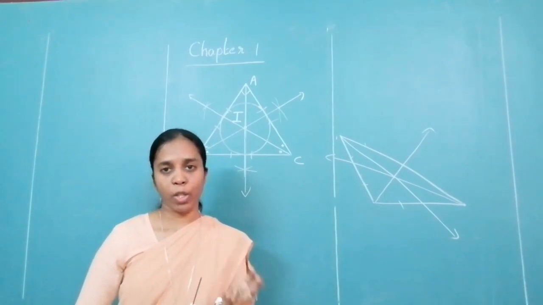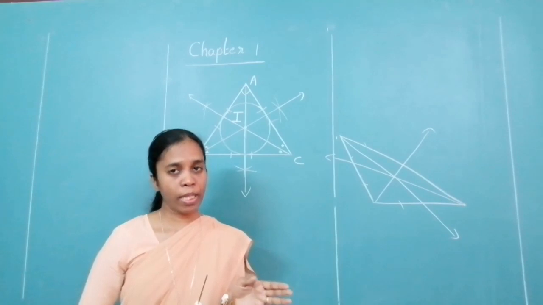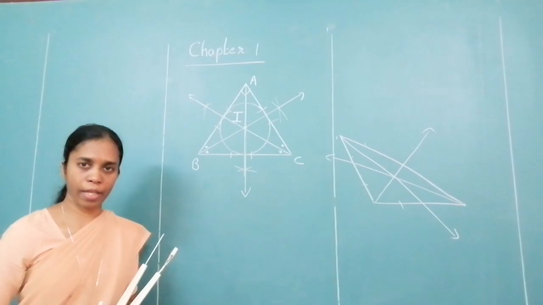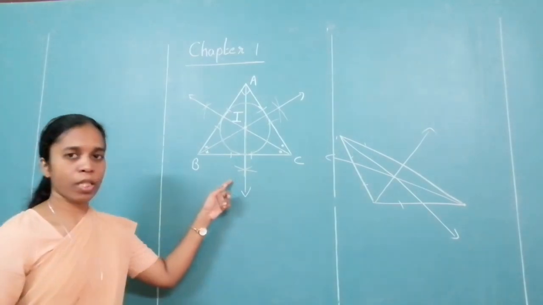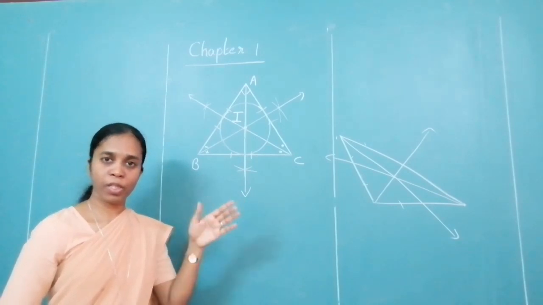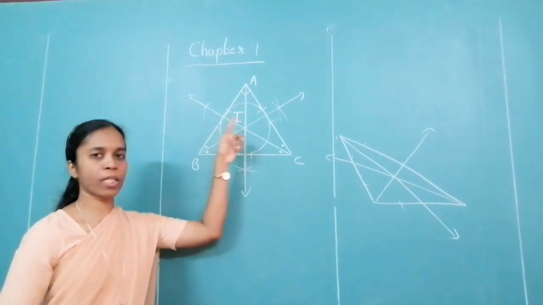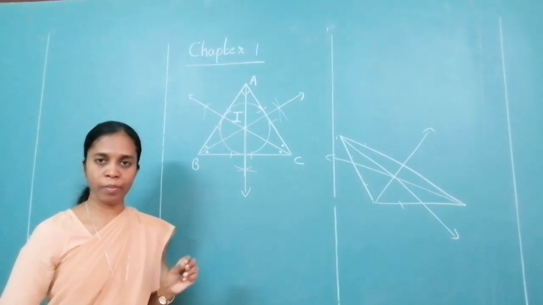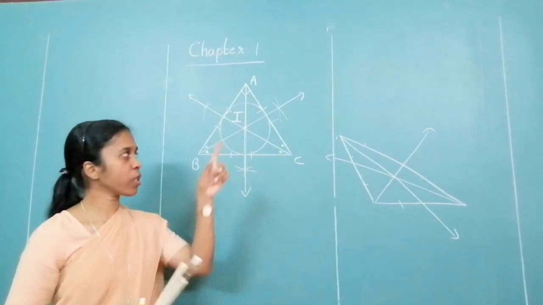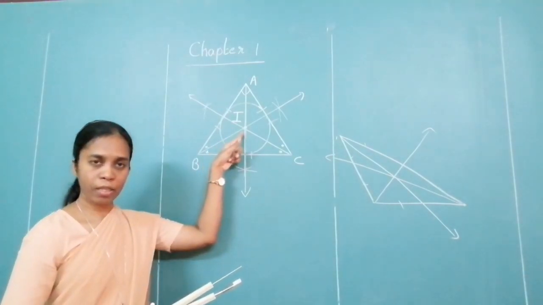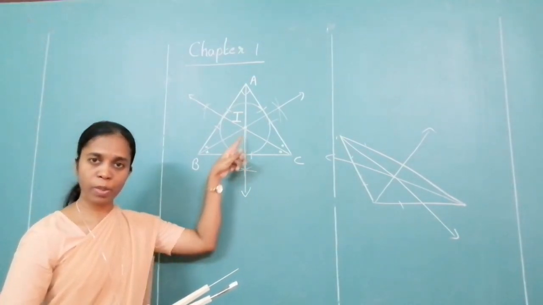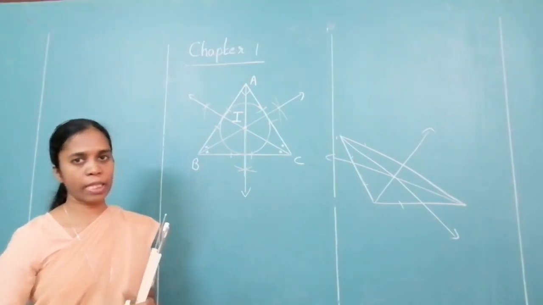Incenters of an acute angle triangle, obtuse angle triangle and a right angle triangle will always lie inside the triangle. Okay. Suppose steps are clear to you. Let's revise. First draw an acute angle triangle or obtuse angle, whichever triangle I asked you. Draw angle bisectors for each angle. Then draw the circle. How do we get the circle? Keep the compass point at the center. Take the measure from there to the side which is touching it. That will be the radius. Then draw the circle. You will get an incircle. Okay.